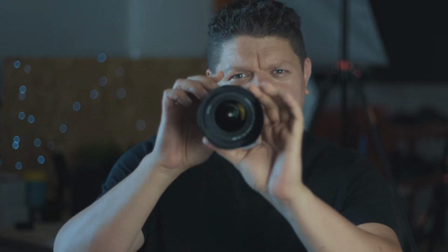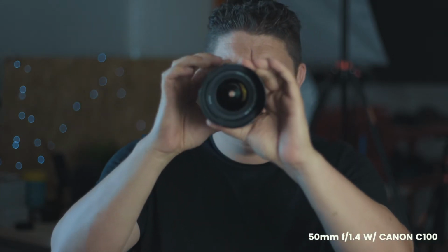Next up is the Canon EF 50mm f1.4 USM. Now, a prime and fast 50 is a must-have for anyone that's taking any kind of videos or photos, and that's because its focal range is most similar to the human eye. It renders an image that's really quite pleasing and very natural looking. There's also a lot of technical reasons why a prime 50 is a must-have for video, but suffice to say that it renders a really pleasing image with very little distortion that is just very natural looking in every